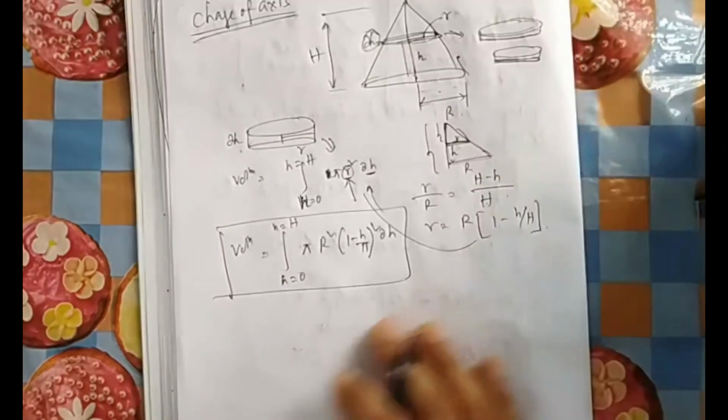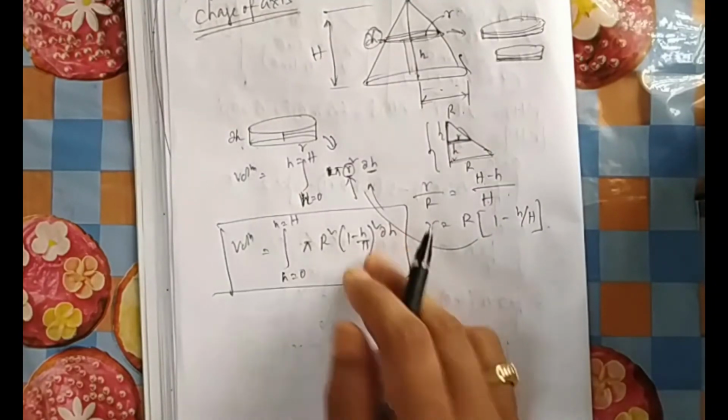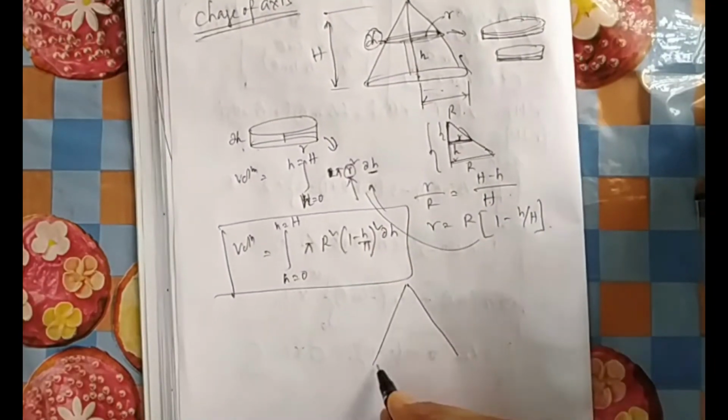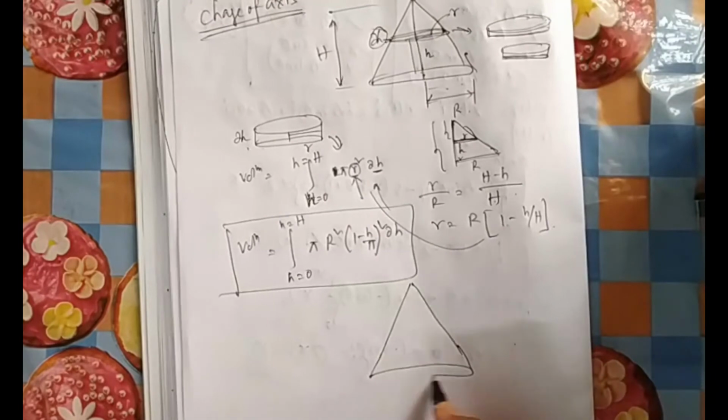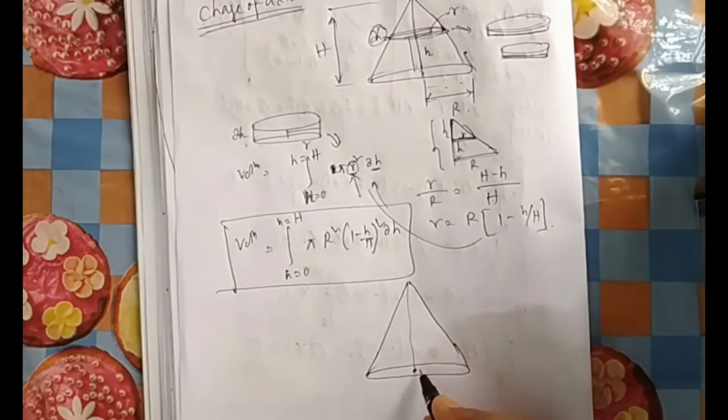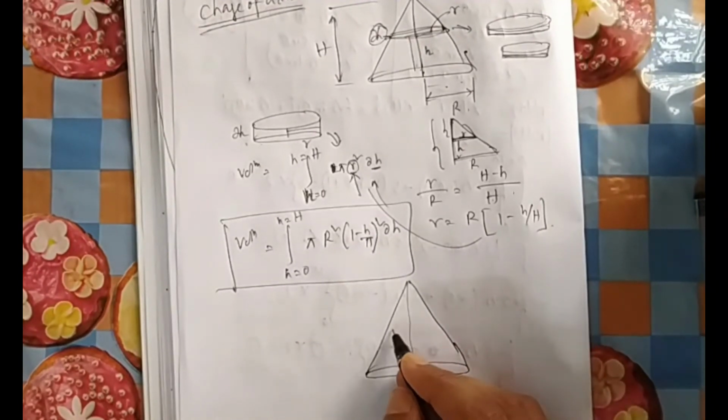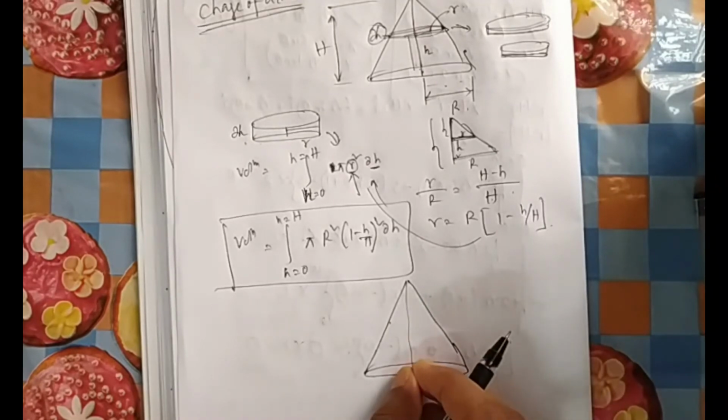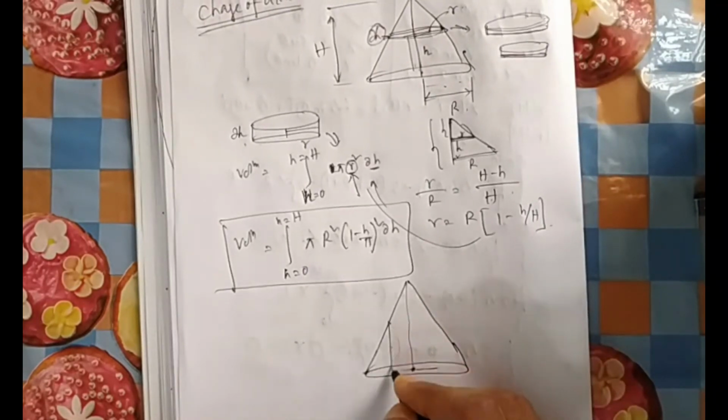Now what is the idea? The idea is now you can't go in the height direction. You have to change the direction. Now you have to move r. So what will I do? You have to move r, meaning you have to move from here to here. So you have to take vertical steps.